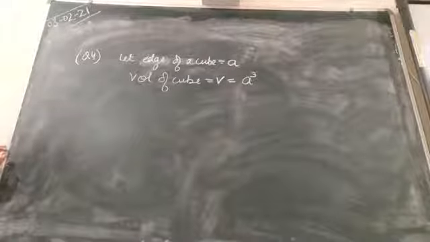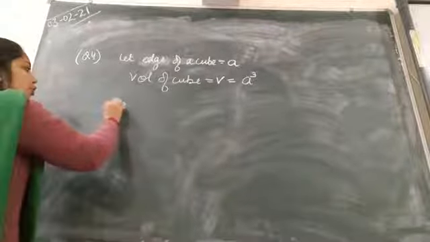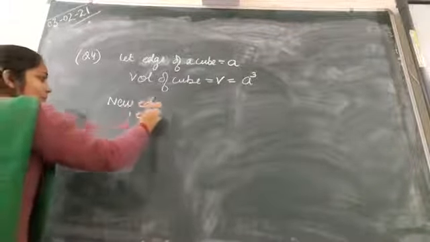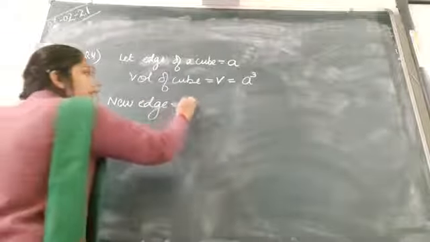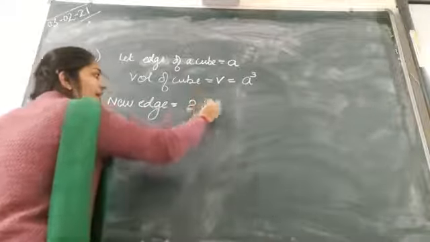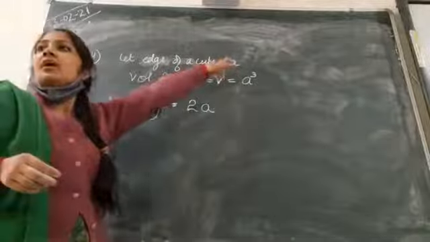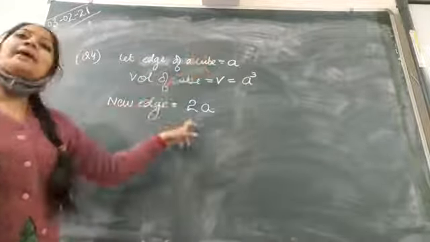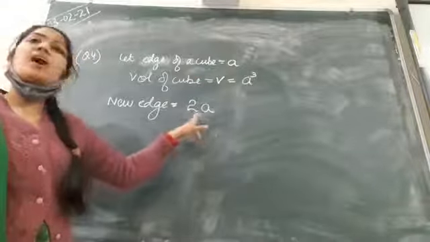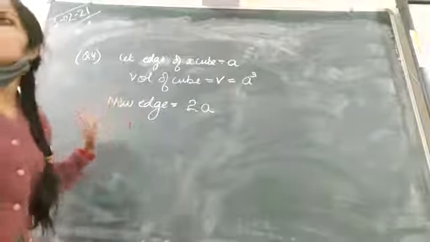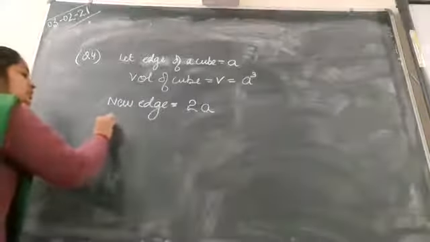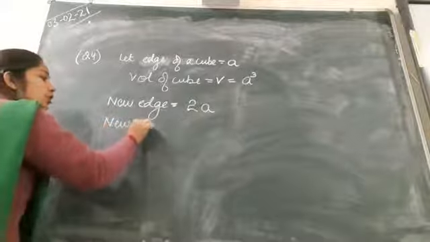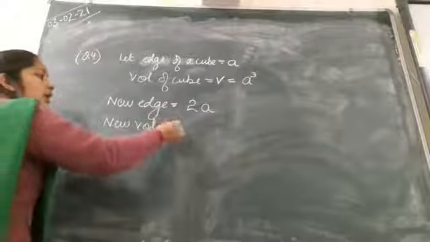We will double this. So new edge will be 2A. Earlier it was A. Now they are saying that the edge will be doubled. So it will become 2A. Right? So this is your new edge. So according to this, your new volume will be equal to